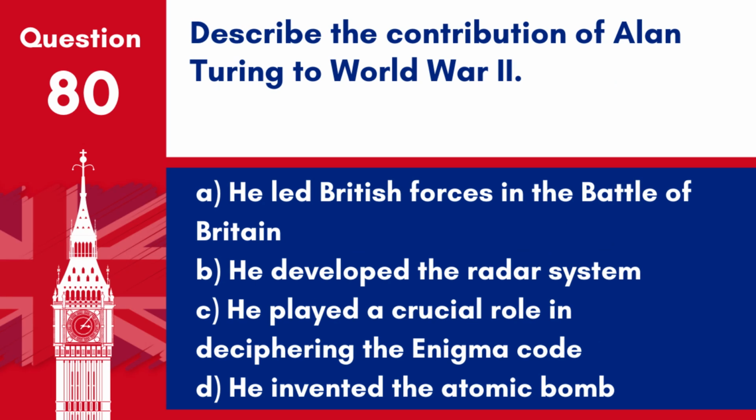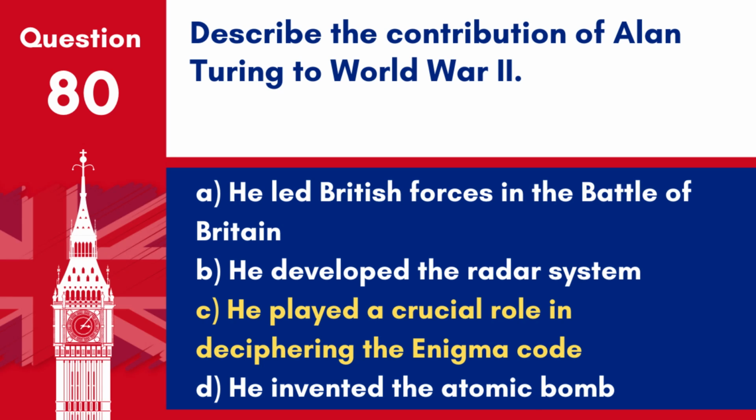Question 80. Describe the contribution of Alan Turing to World War II. A. He led British forces in the Battle of Britain. B. He developed the radar system. C. He played a crucial role in deciphering the Enigma code. D. He invented the atomic bomb. Answer: C. He played a crucial role in deciphering the Enigma code. Alan Turing's work at Bletchley Park on decrypting the Enigma code used by Nazi Germany contributed significantly to the Allied